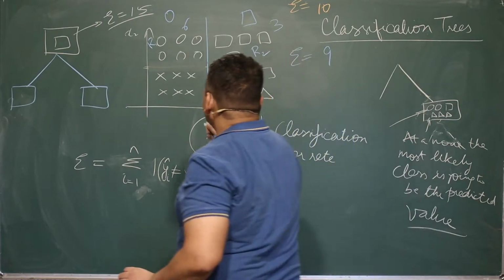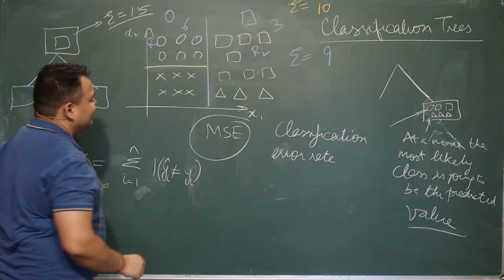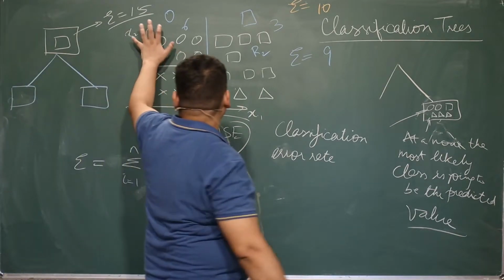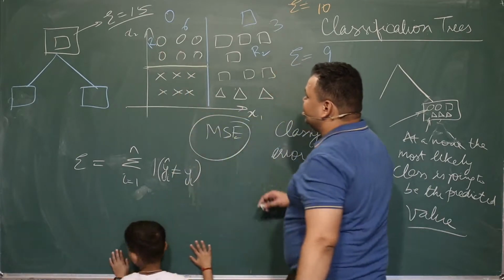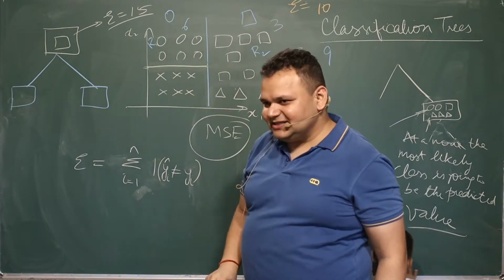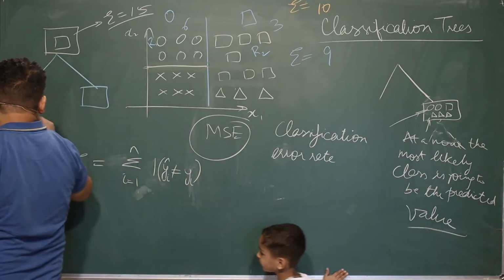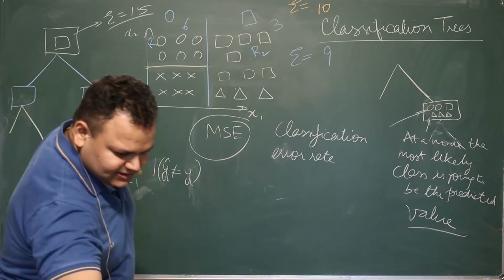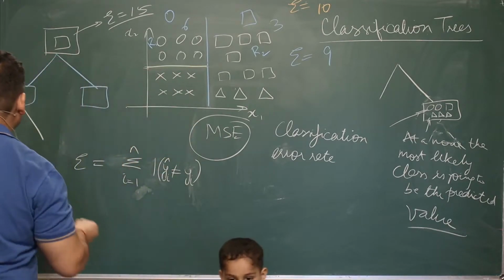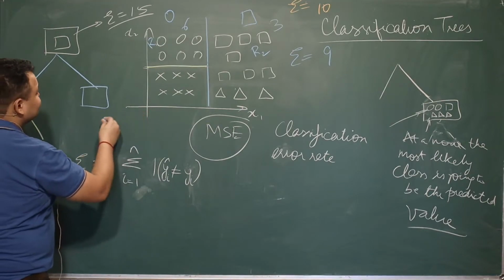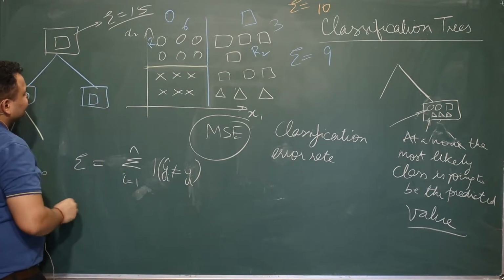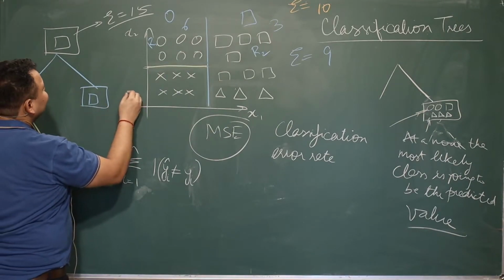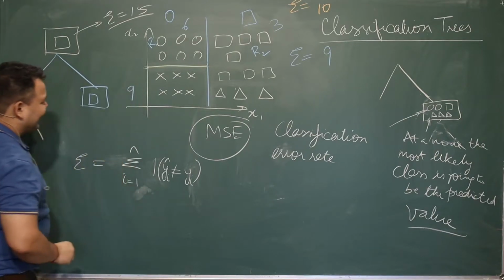Okay, so this yellow line, if you were to look at partition 1, the yellow line is helping you divide this into two parts. Okay, what happens in these two parts? The prediction from this side was a circle, and the prediction from this side was a square. The error initially was 15, now the error is 9.